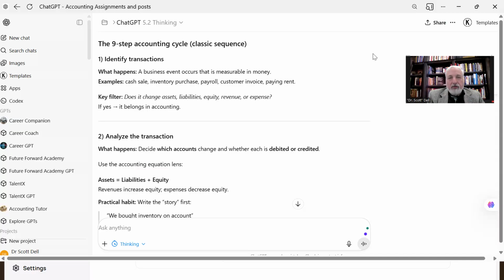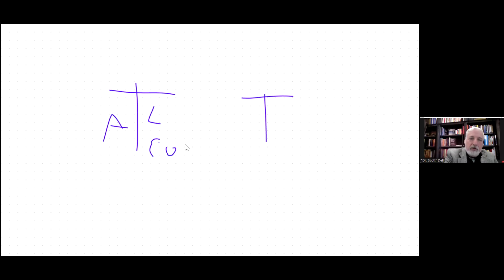I'm going to go ahead and draw a whiteboard picture for how this stuff fits together. And we're going to look at two T accounts. We're going to change to a nice blue color. Our assets, liabilities, and equity. Here's our balance sheet. We've got our revenues and expenses. And that's our income statement. And so does it follow one of those categories?